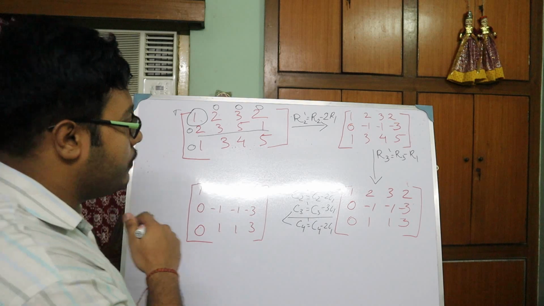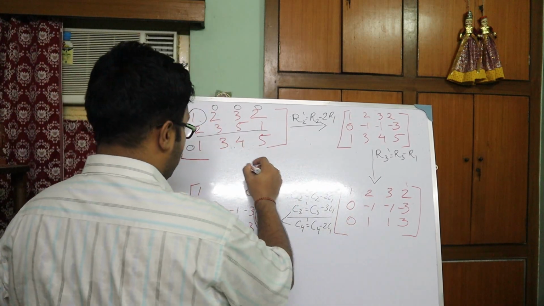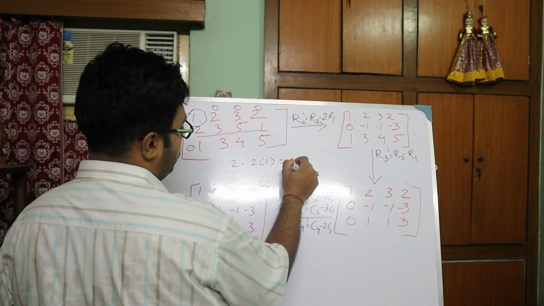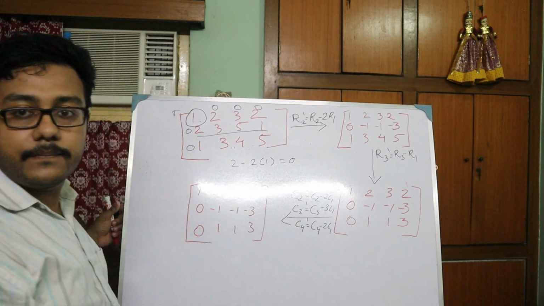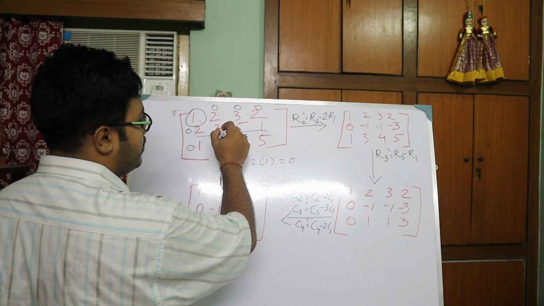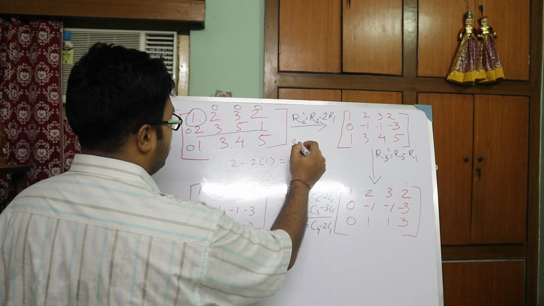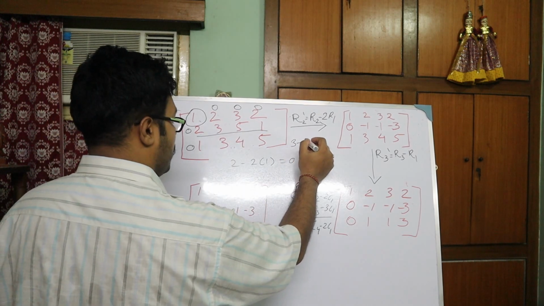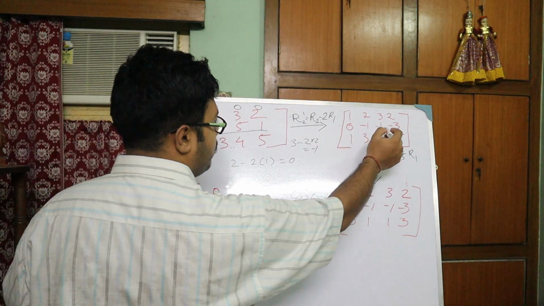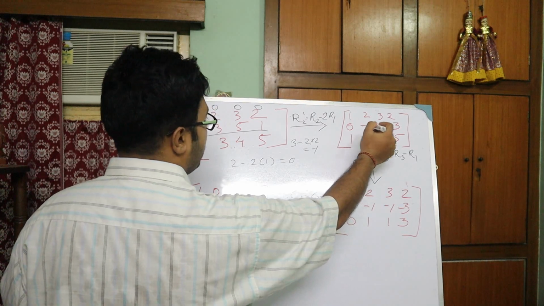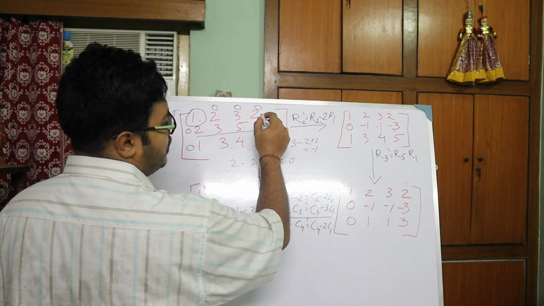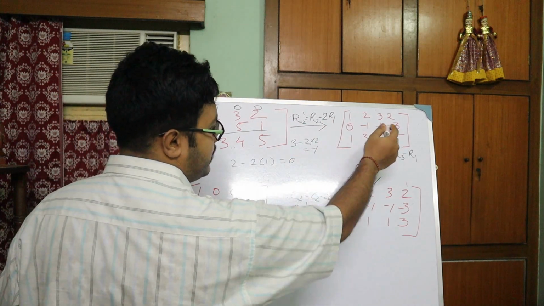What will we get by doing this? Here it is 2, so 2 minus 2 into 1 will be 0, right? In the similar manner, here it is 3, then 3 minus 2 into 2, and we will get minus 1. So we have put here minus 1. In the similar manner, we have got minus 3. How? This is 1 minus 2 into 2, that is 4. 1 minus 4 is equal to minus 3.